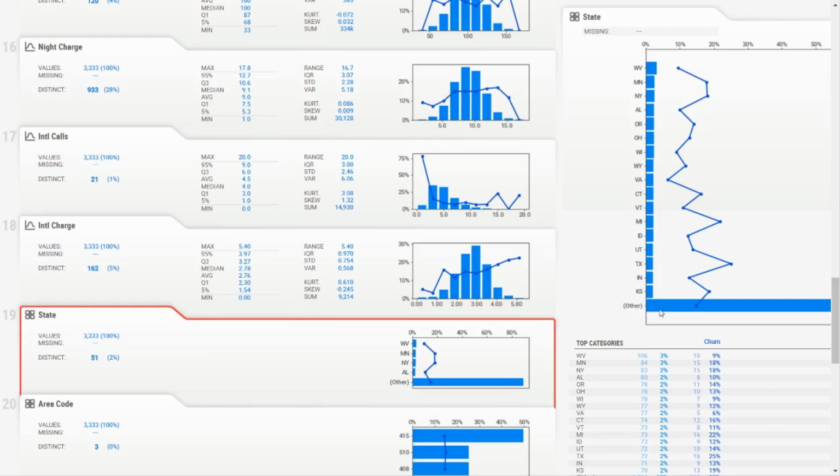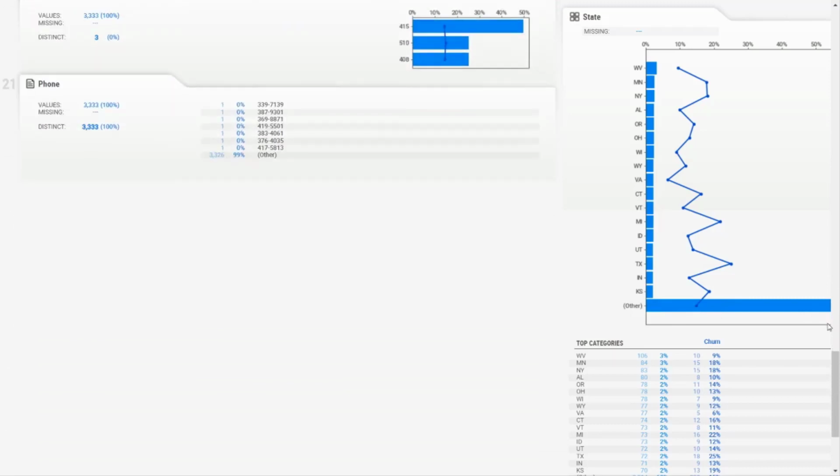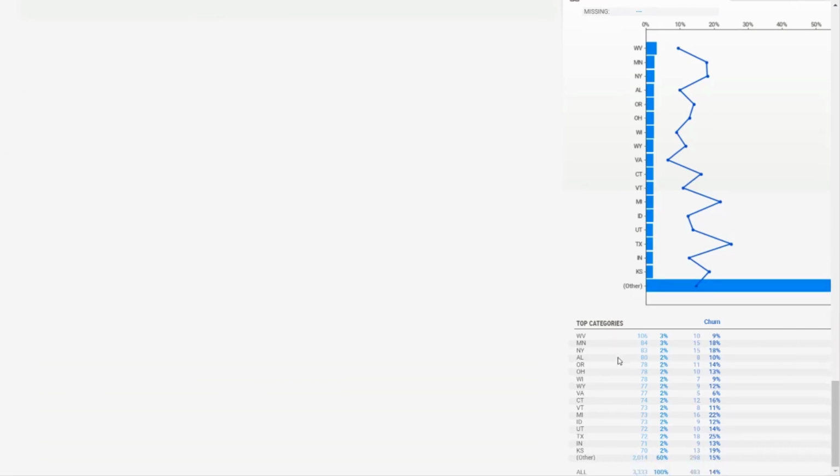Most of the states are tagged as others, but what we are more interested in is where we have more churn. There are 72 customers from the state called UT, which contributes to 2% of my overall data, among which 10% customers churned out, which contributes to 14% of my overall churn.